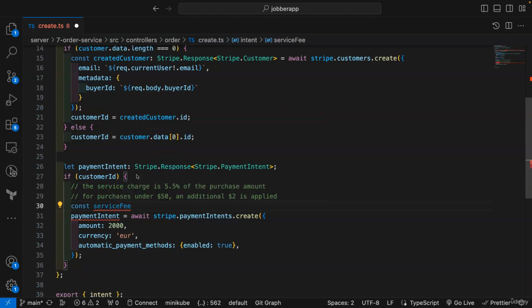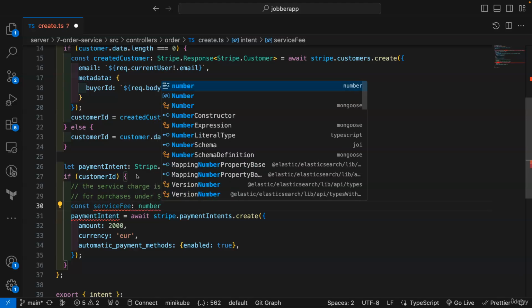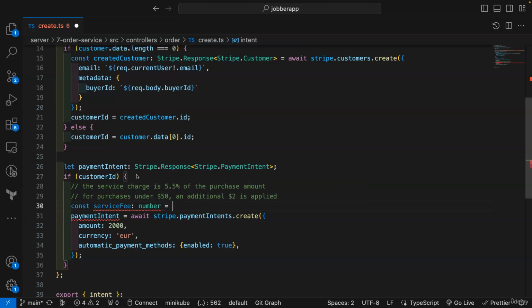Now note, we are also going to always calculate it on the back end and the front end. So don't make that mistake, because if you calculate it on the front end and you send it, there might be some kind of dubious users of your application that might understand exactly what to do, and then they might change the value. So you calculate it on the front end and then calculate it on the back end as well. So service fee will be of type number and will be equal to